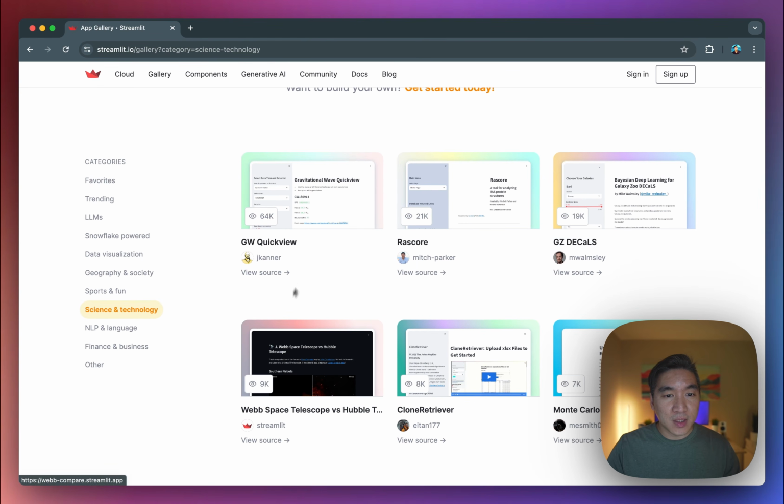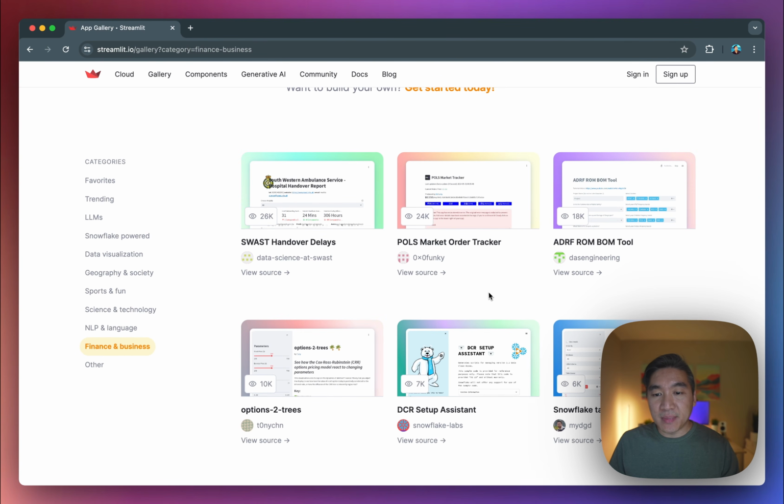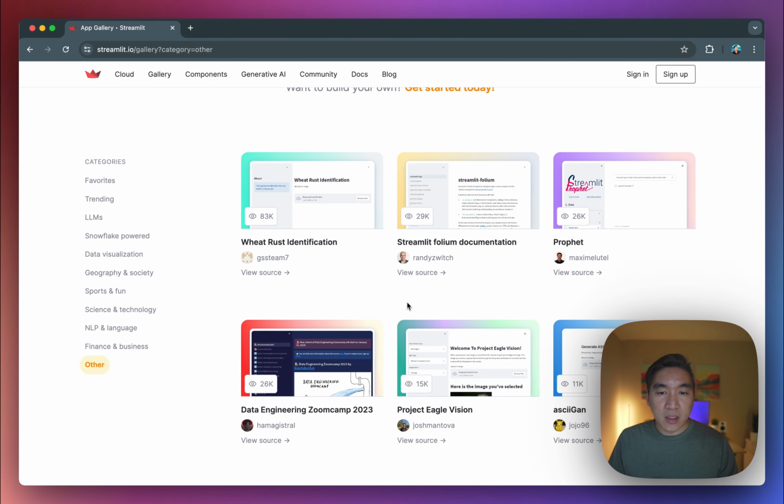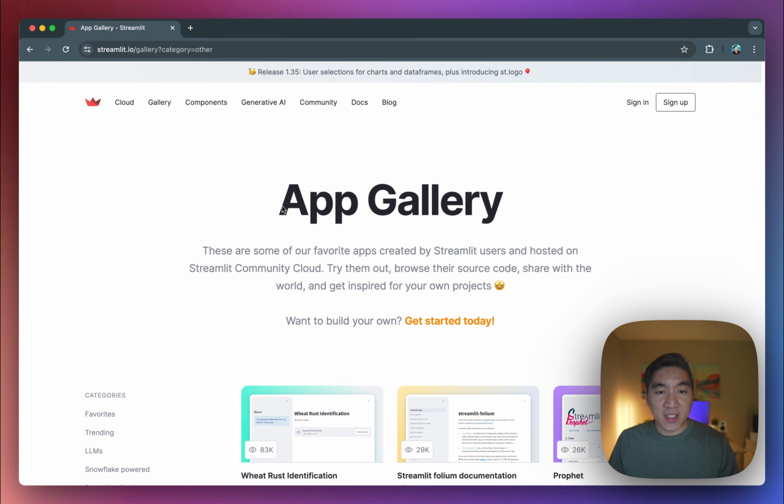And even apps that are for visualizing the galaxy, for visualizing stars, for drug discovery, for protein structure visualization, for natural language processing, large language model chatbots, in finance, in business, for data analytics, for data science, and several others as well. And you could definitely check all of them out in the Streamlit app gallery.